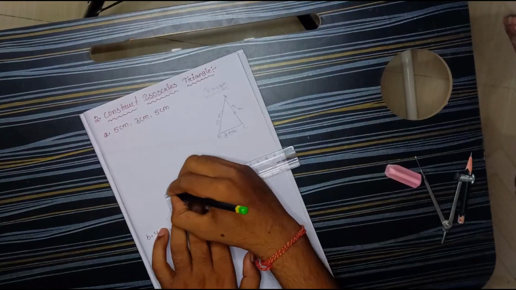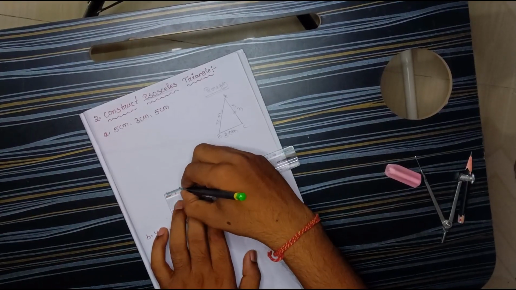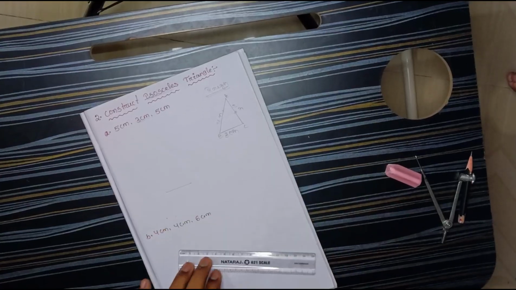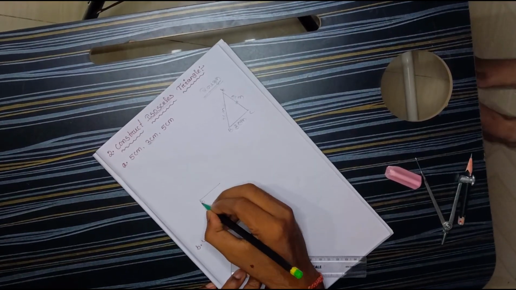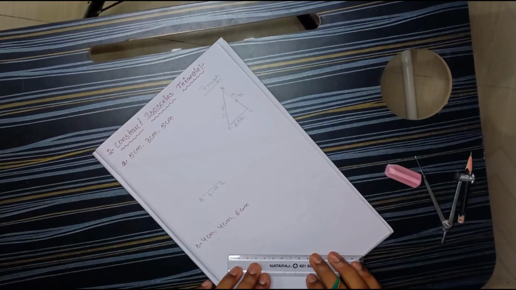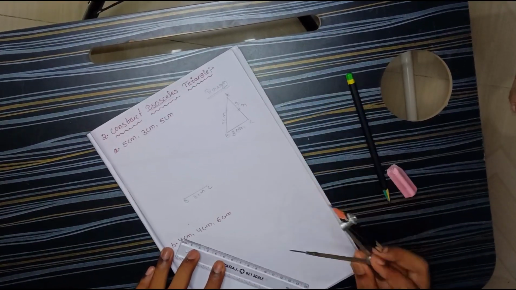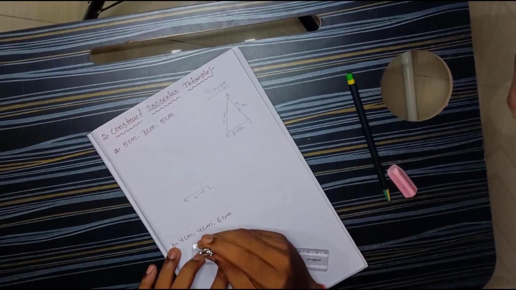So first we have to take the 3 centimeter. So here we will start. There is 0 and here is 3. Now we have to join these 2 points, 3 centimeter. Yes. Now putting their names B, C, and it is 3 centimeter. Yes or no? Then comes to the AB and AC. We will take by the rounder.